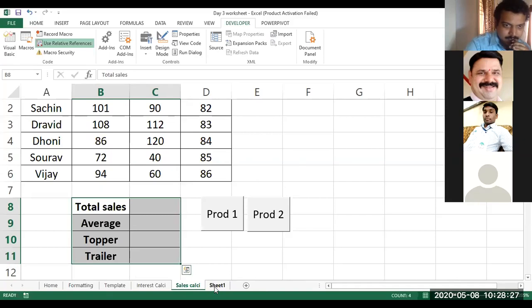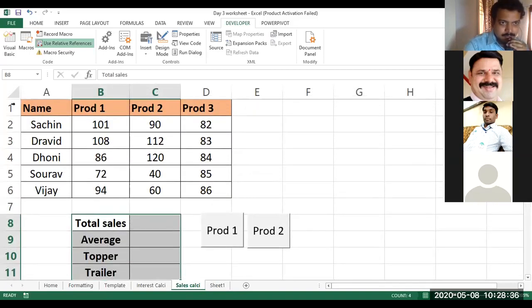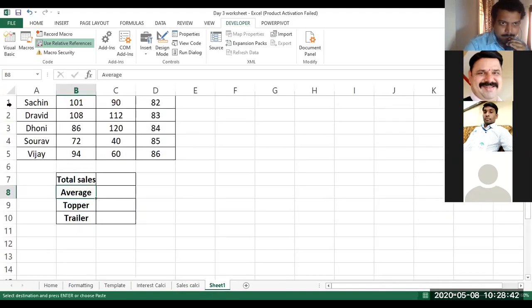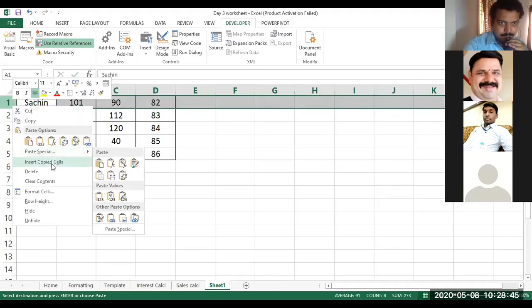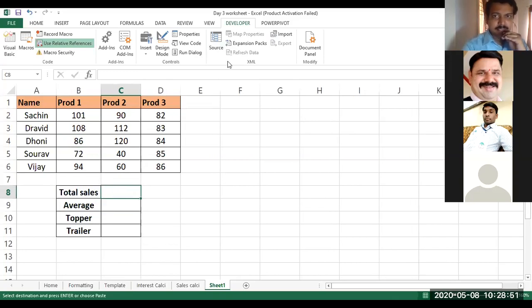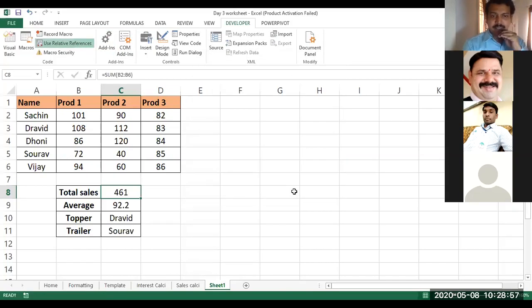Because we are using the relative reference, we need to be careful with it. I left out the first row here. So we have the exact same reference. Now we can just go back and run the macros here to get the sales figures in the second sheet also. So every month, every week, we need not create new formulas. You can just go and call the macros there, and again here I can assign 2-3 buttons and run it. So this is clear.